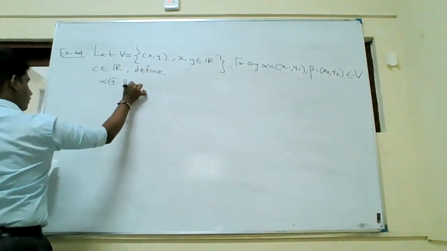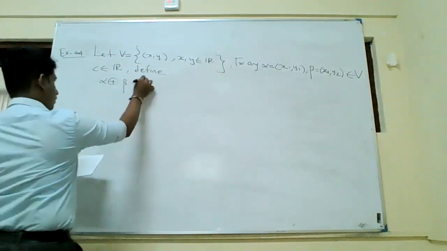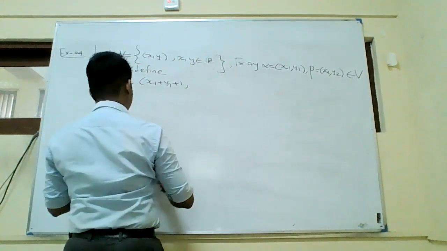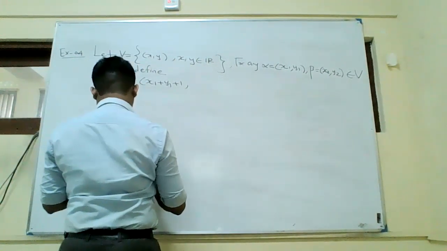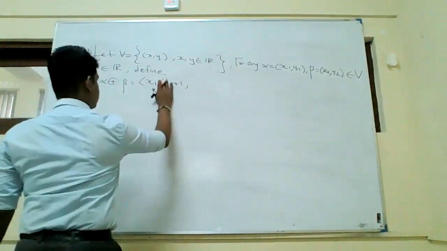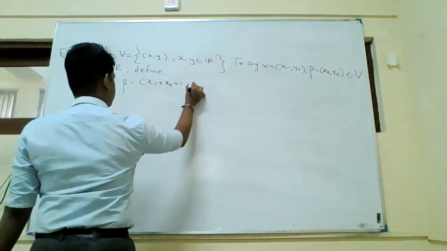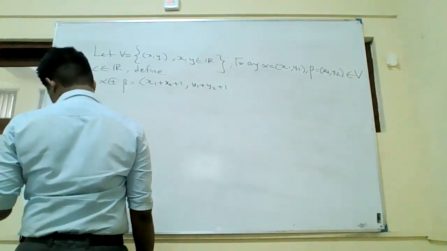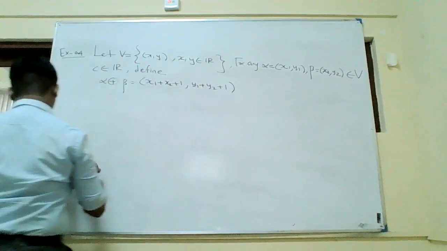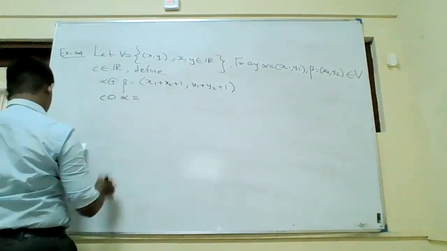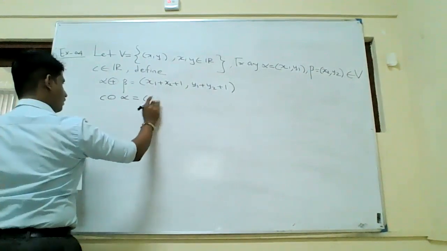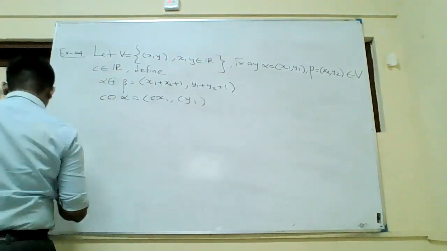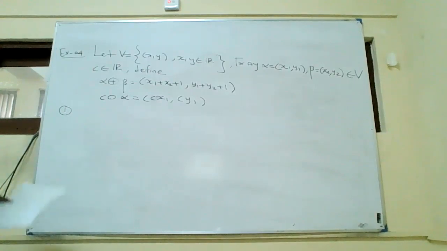Vector addition is defined by... and scalar multiplication is defined by... There are three questions we ask. First question, prove that